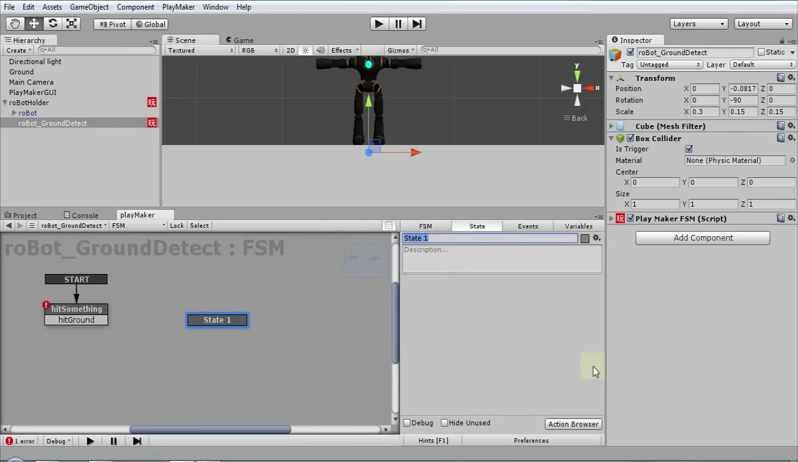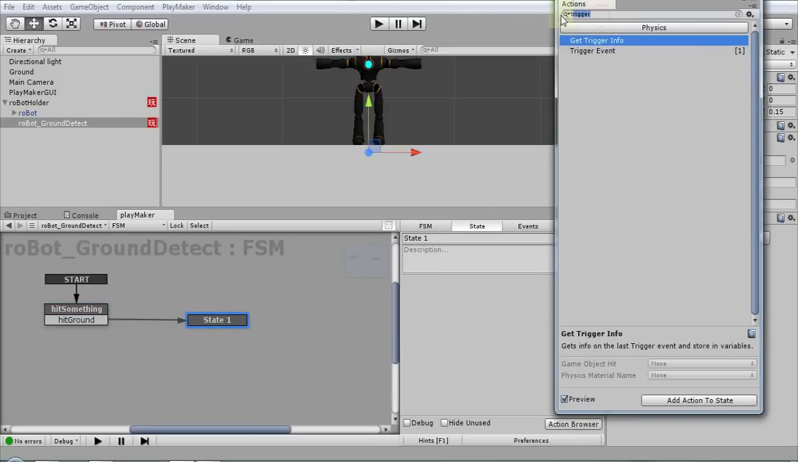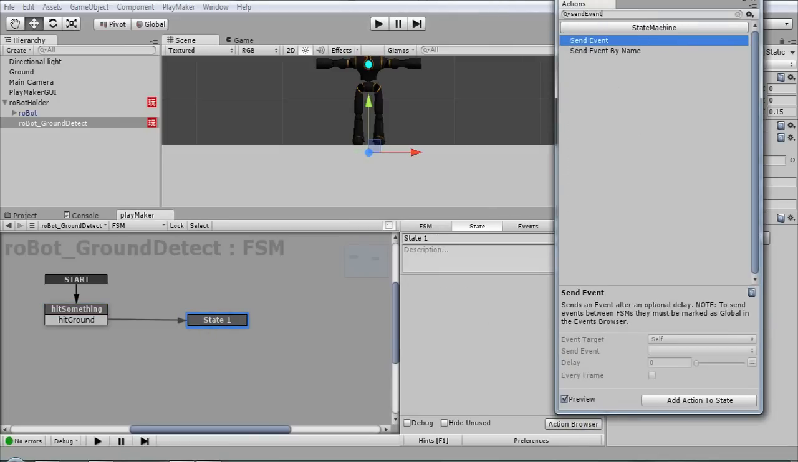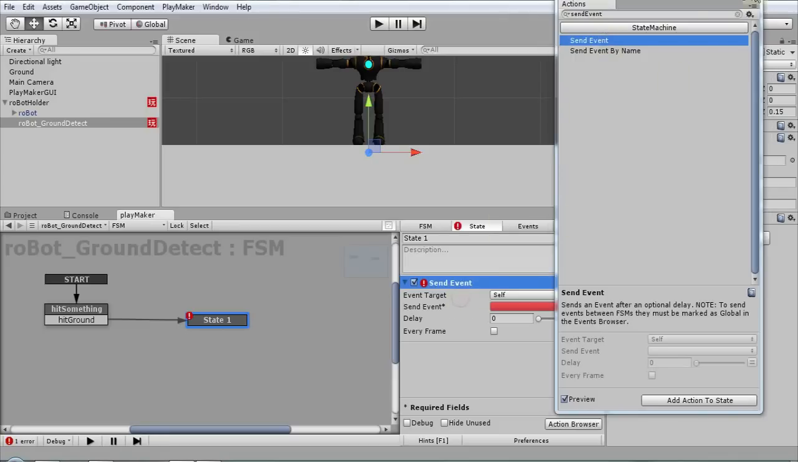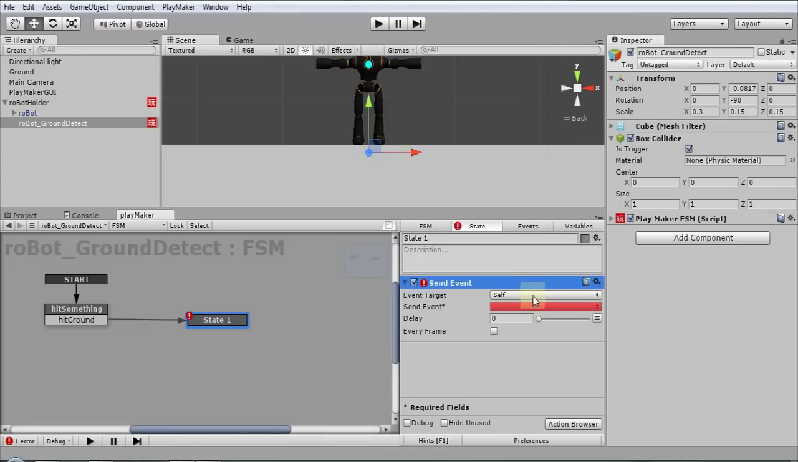This state will send an event to the robot holder's jumping FSM when it collides with another object. Connect hit ground to the second state, and then add a send event action to that second state. On the send event action, we will change the event target to game object FSM, and we will also change the game object to specify game object, and then drag the robot holder under hierarchy to the game object slot inside send event. Choose the jumping event in FSM,